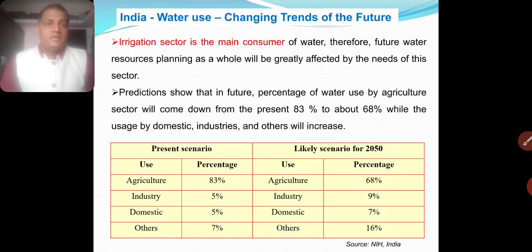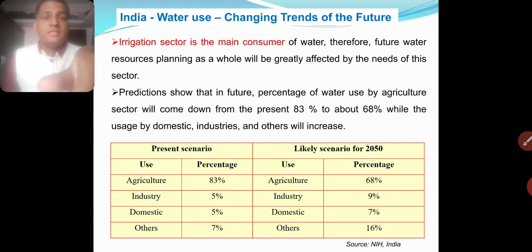This is again the Indian case study, water use changing trends of the future. We know the irrigation sector is the main consumer of water and requires the maximum water. If you see the percentage in the present scenario, for agriculture it is 83%, but in the scenario for 2050 it will be reduced. Why will it be reduced? There may be a change in the agriculture pattern, but industry, domestic and other sectors will increase, their consumption will be more in